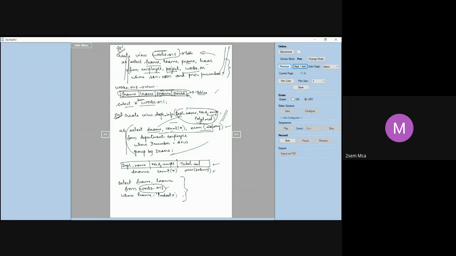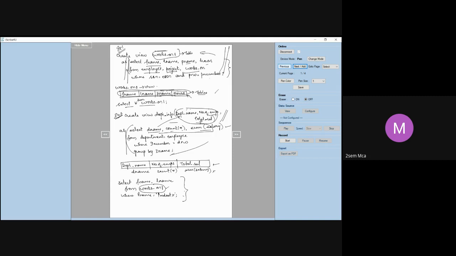So like this, I can go on giving queries onto the view that I have created. This avoids using all the tables and all the join operations. Every time I would have to write some long queries, all this kind of thing is avoided. That's a big advantage of making use of a view.